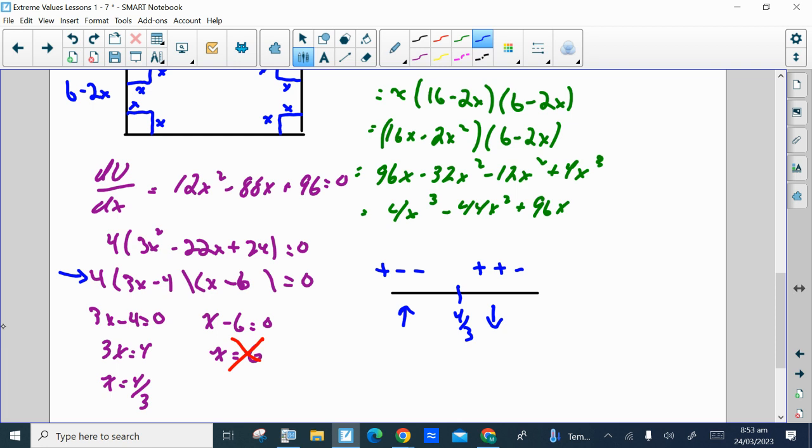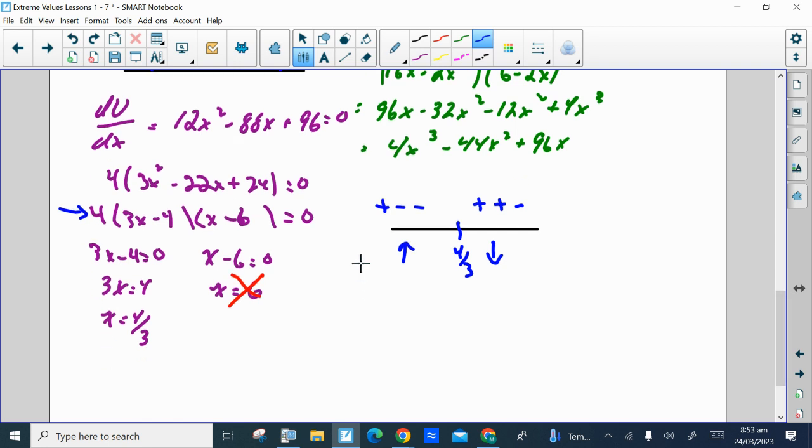And remember, x refers to the dimensions of the corners that are cut out, the equal size squares that are cut out of each corner to form that box. And so if that's our maximum volume, our minimum would occur when x equals 0. In other words, you have no box, which should make sense. Right? So maximum volume